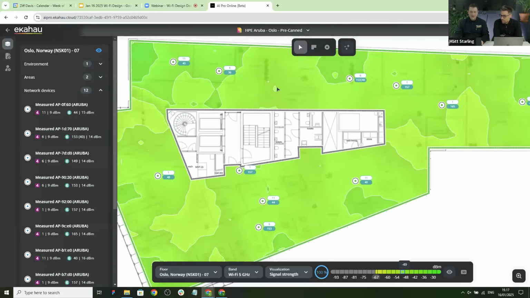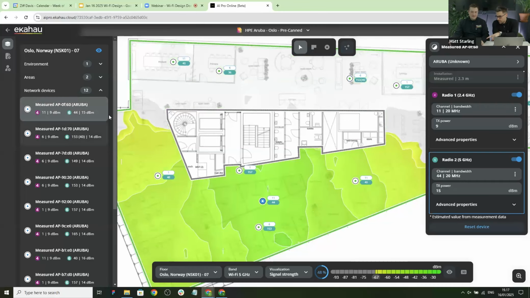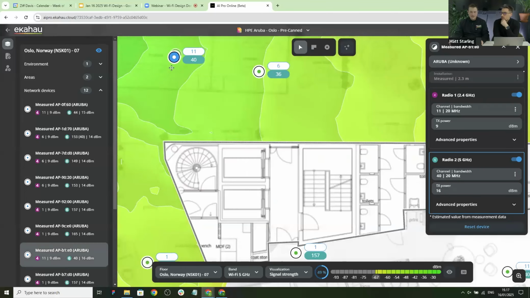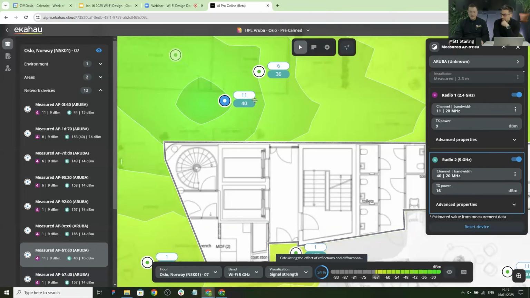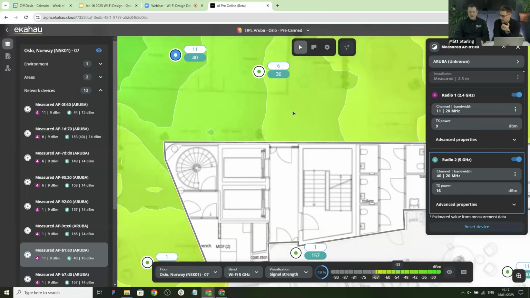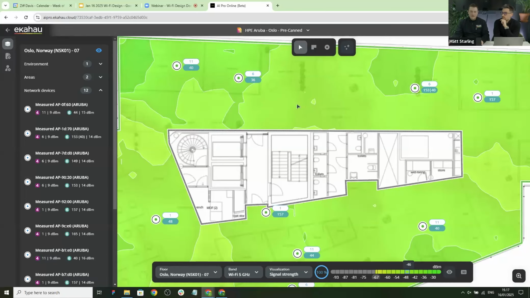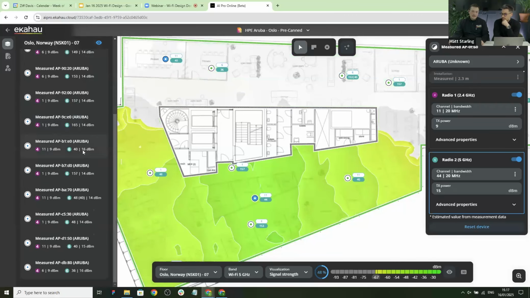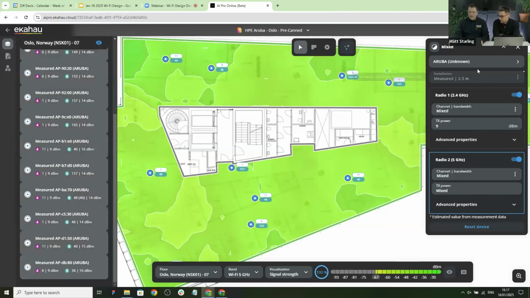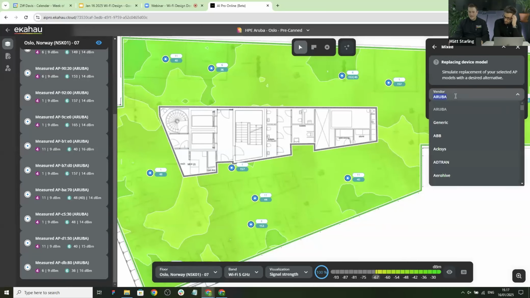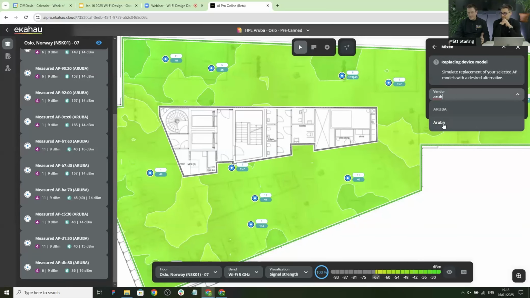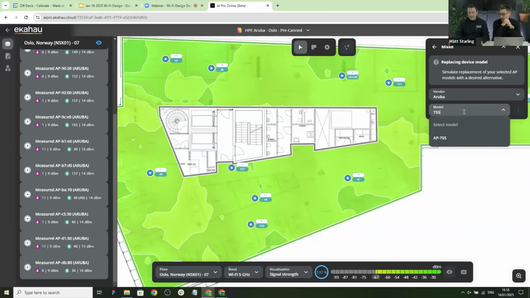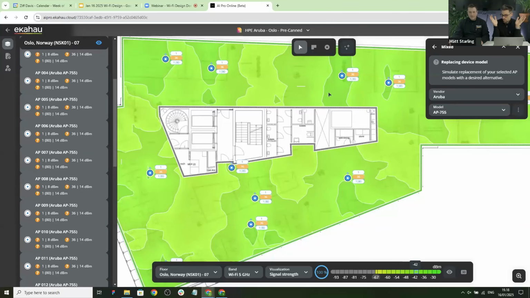Yeah, absolutely. So it's super easy. But hey, Vlad, before you do that though, the installed access points, are you able to actually relocate them and see the updated results? Yeah, absolutely, yes. So you can move them around, right? So you can even test different locations or different positions and any AP models. Like for example, in this rip and replace case, I keep the positions as they are. I just select the APs that I already have from the measured data, and the only thing I need to do is select another AP model. So I still keep Aruba as the model, and I select 755 as my preferred Wi-Fi 7 AP.